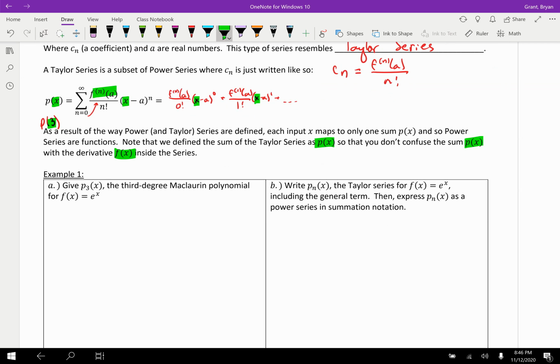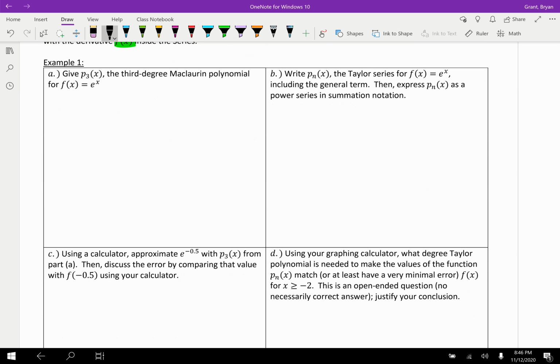So let's look at a few examples. Find p sub 3 of x, the third degree Maclaurin polynomial for f of x equals e to the x. Well, this goes very fast because we know e to the x. So e to the x is given by 1 plus x plus x squared over 2 factorial plus x cubed over 3 factorial. If I wanted to find p sub 3 of x, what it really means, and I always like to put out this general term here, I think it helps you in the long run,